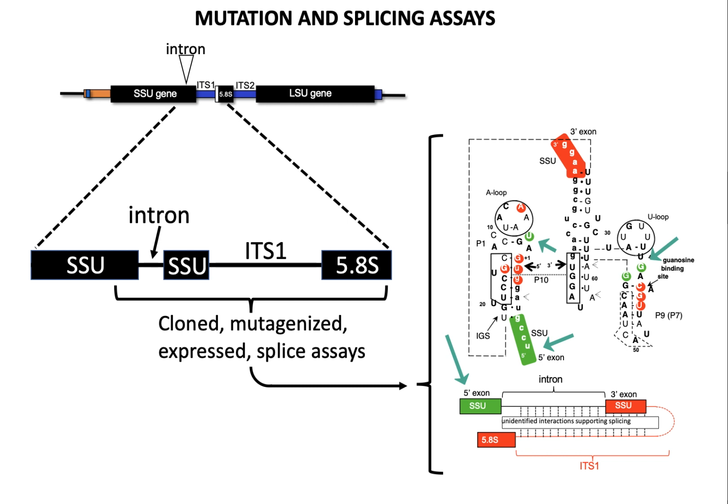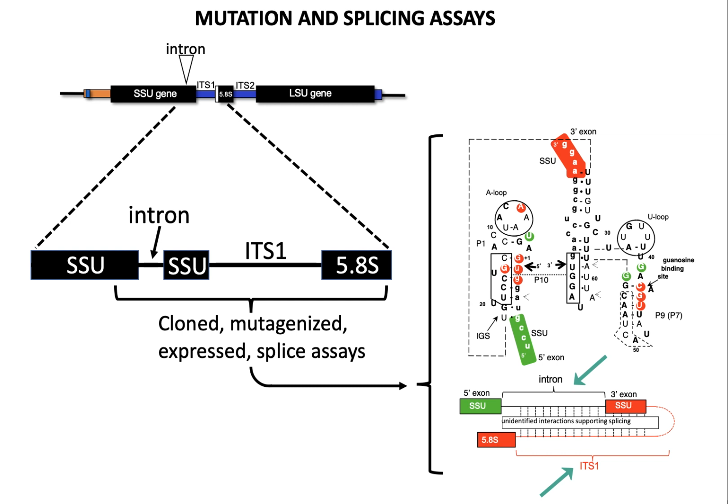If it's green, that means that if that part was missing or mutagenized, it had no effect on splicing. So you can see in this case the intron plus part of the ITS region, which is in red there, was necessary for splicing, although we don't know how it helps splicing in this case. But I think it's clear that other pieces of the ribosomal locus were responsible for folding the intron into an